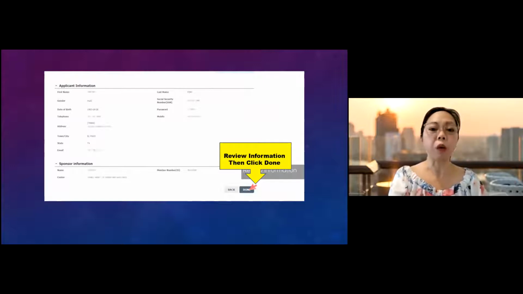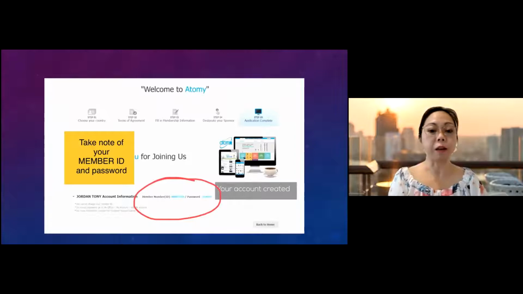This is where you see, okay, I mistyped my name. So you can go back and redo it, and then do the same process until you hit this page. And once you're done, click done. There it is, your member ID and your password. So make sure you remember your password and your member number,